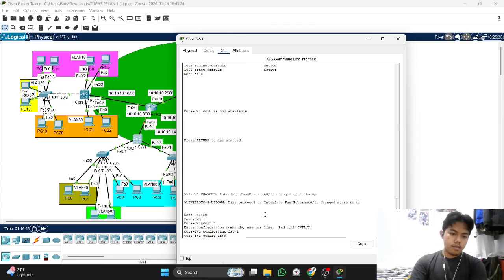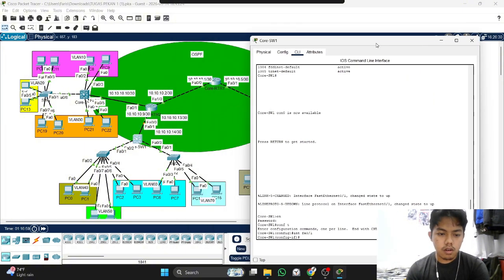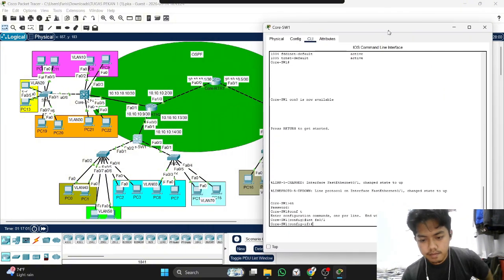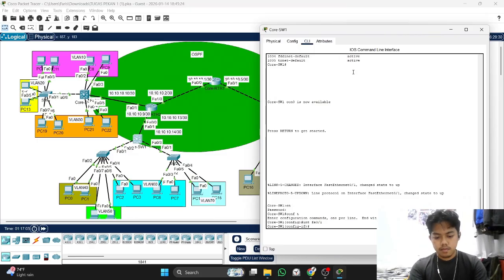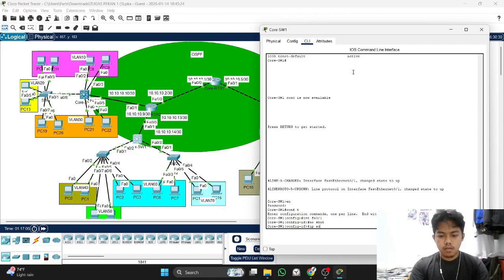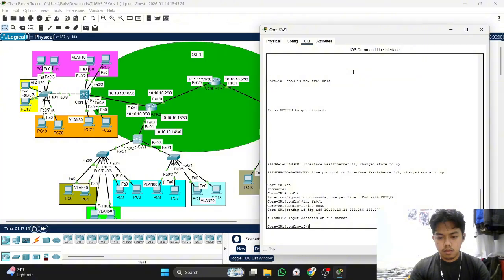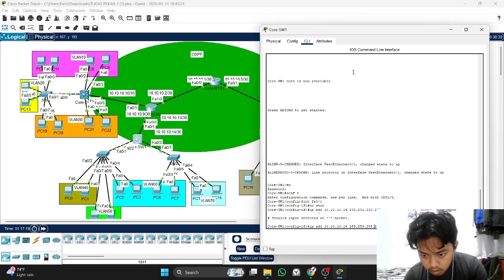And now configuring on the MLS is the same. What the?